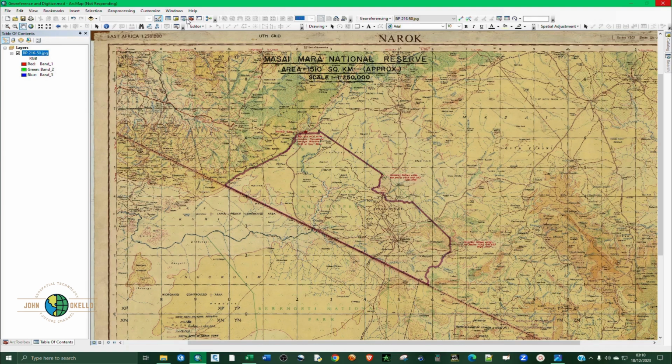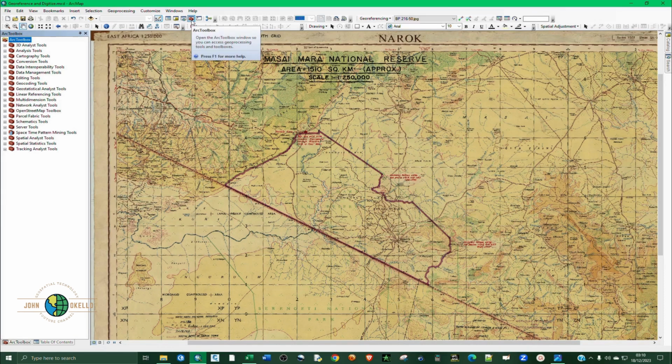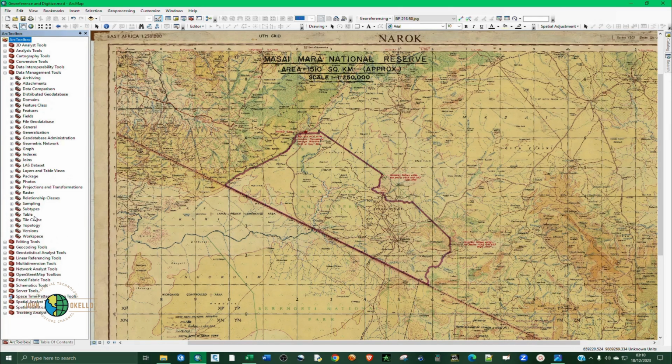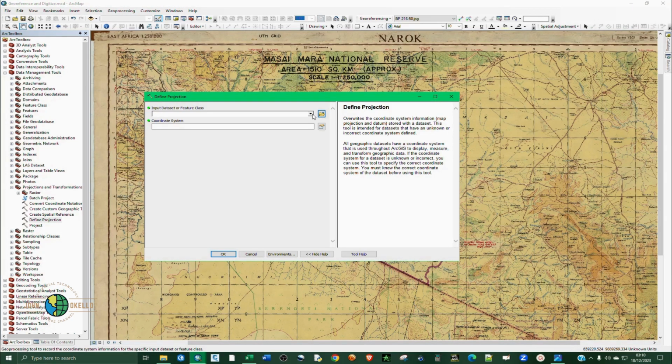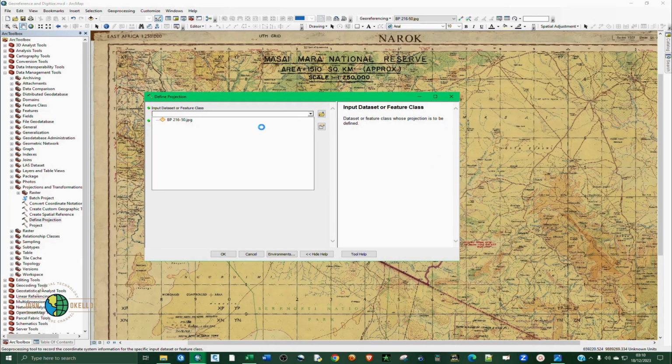Arc toolbox is this red toolbox at the top of your software, and then go to data management tools, and then go to projections and transformations, and then define projection. Double click on it, then add our raster data, our toposheet,